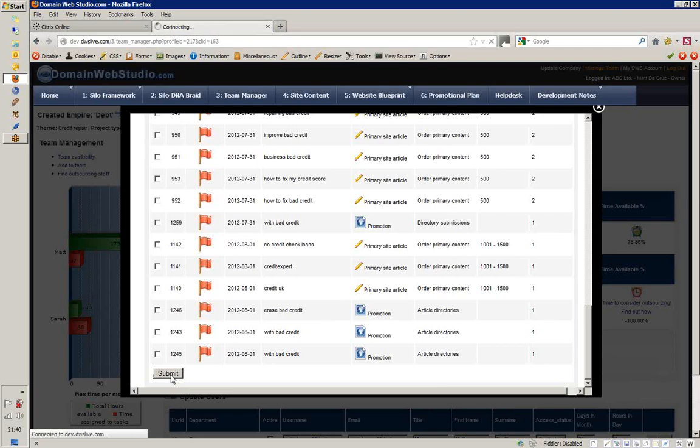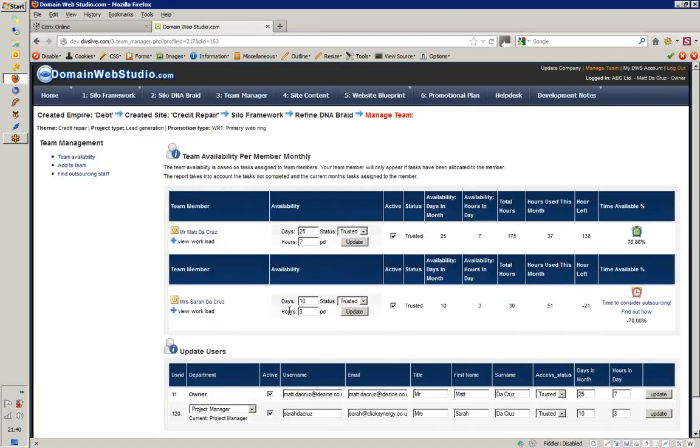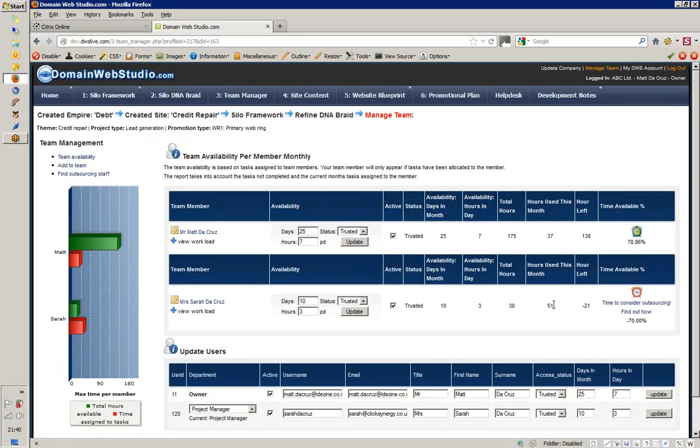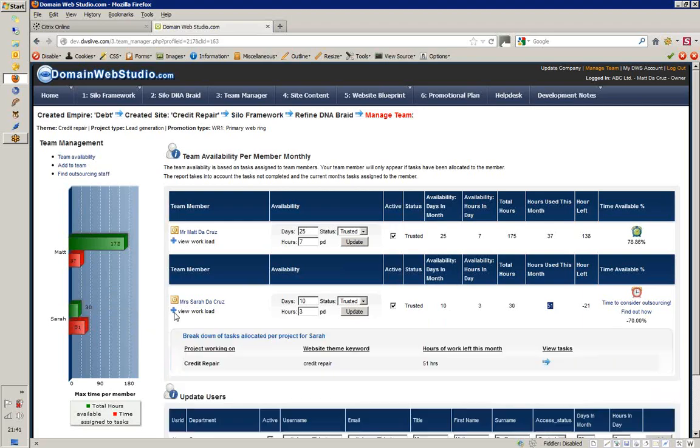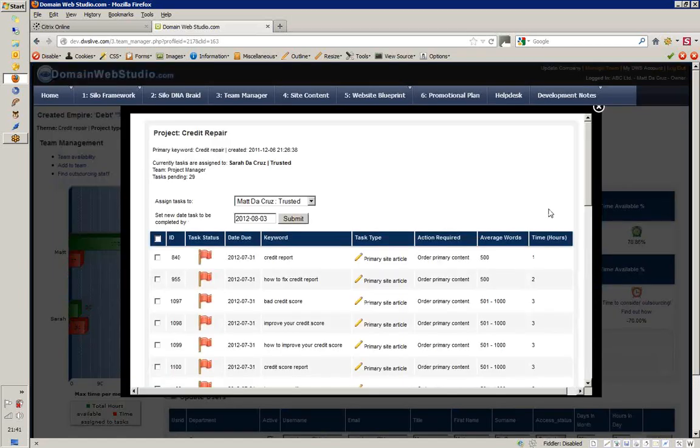Essentially what's going to happen is her time of work is going to change because we pushed into the next month. We've pushed all her work forward. Okay, so we look at Sarah, her hours have dropped down to 51 hours of worth of work for the month. So you can see how it's adjusted her whole schedule. So you essentially can go through this process and you can reshuffle stuff. I've got a lot of work available, so if you want to push workload onto my profile over there, or to Matt if it's another team player,